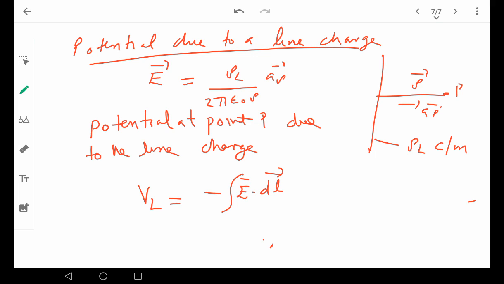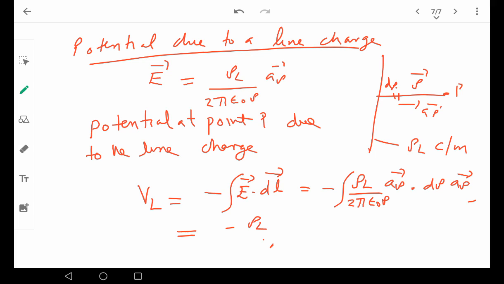So that will be minus the integral of rho L by 2 pi epsilon 0 rho A rho dot d rho A rho, because you take a small length dl as d rho in this direction and do the integration. So it will come as